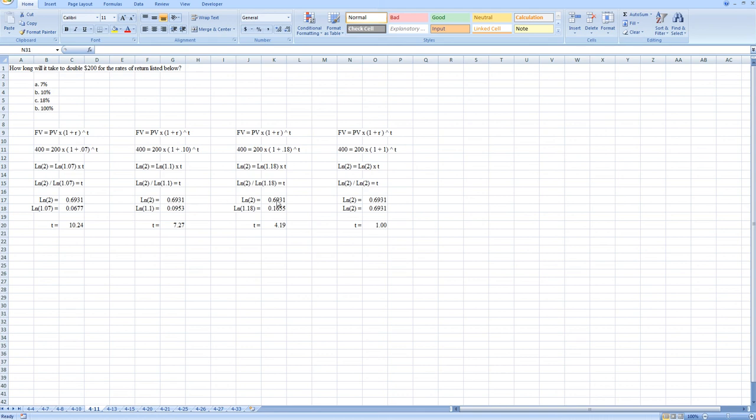So we can see pretty much the whole way here, we have natural log of 2. And the only difference is, in each example, or each part or subpart of this question, we're taking the natural log of 1 plus each of the rates of return. So 1 plus 10% is 1.1, natural log of 18% is 1.18, and at 100% we have natural log of 2. At 10% we find that it takes 7.27 years. At 18% it takes 4.19 years to double our money, and at a rate of return of 100% it should take